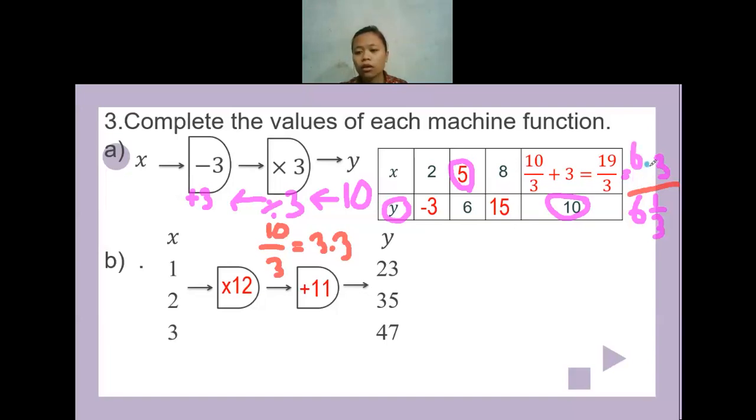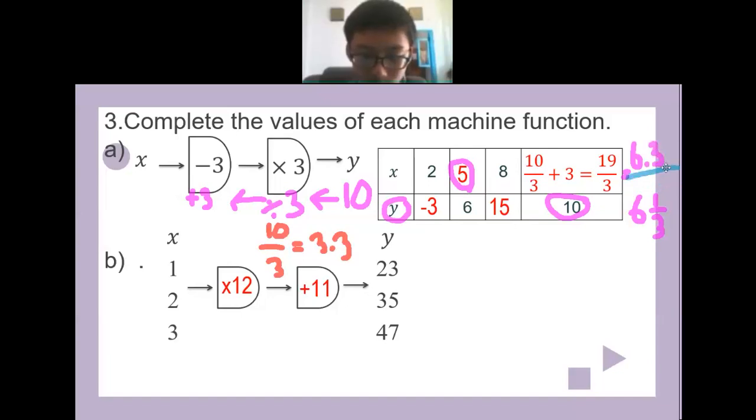It's clear, teacher. Yeah, so if you have 10 divided by 4, you can write it as 10 per 4, or you can change it into decimal, make it into 2.5, that is also okay. But if you don't want to change it into a decimal and you want to keep it as a fraction, it's okay, because the question did not mention that you have to keep the answer as a fraction or as a decimal. You can pick which form that you like to write. Okay, if no one asks me any question, I will move to the question 3b.